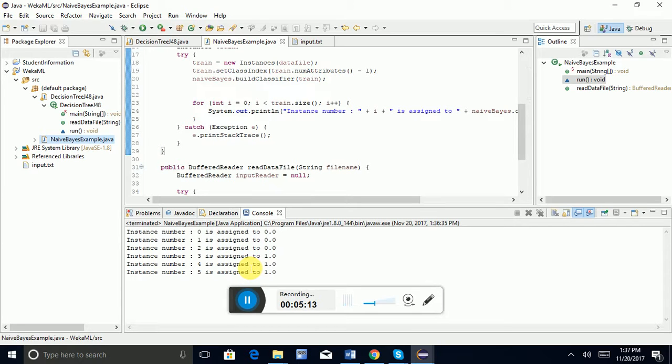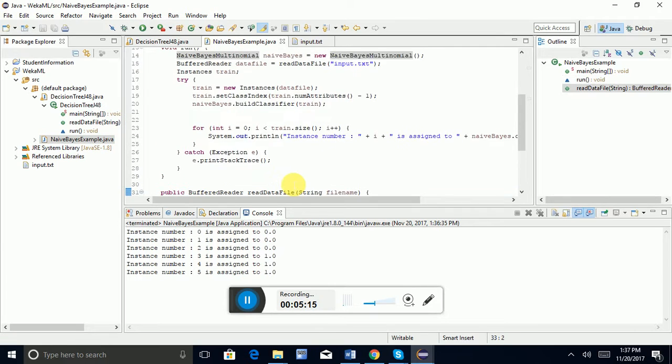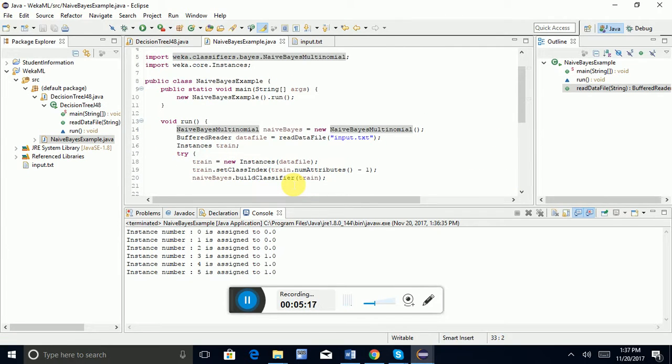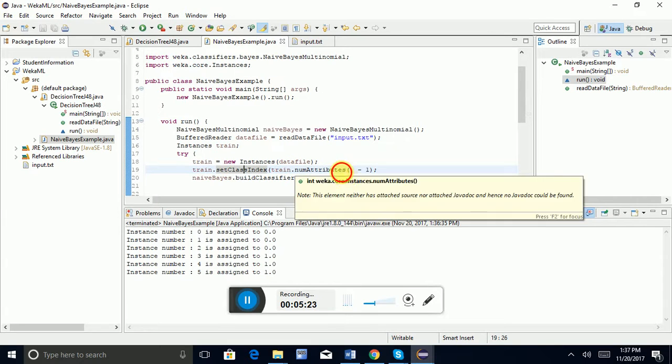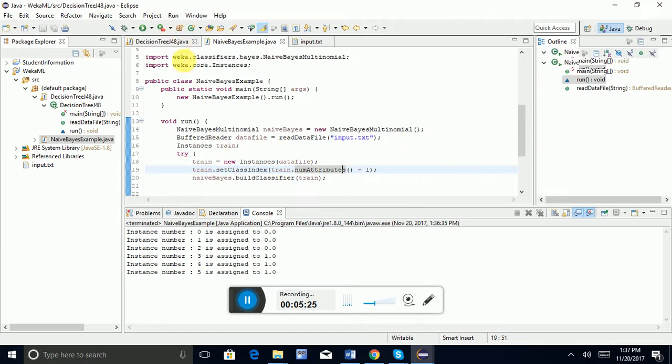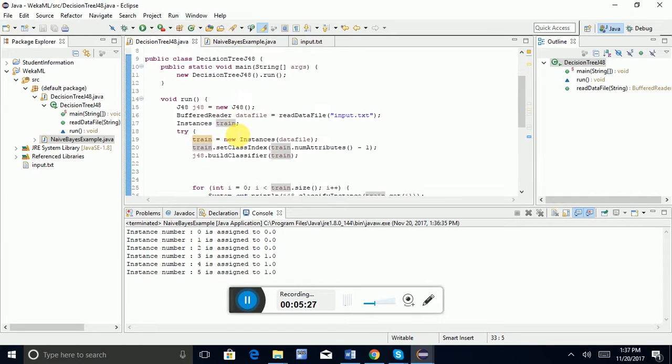Oh yes, I missed one point. To classify for both naive Bayes and decision tree, we need to eliminate the class label from the training model. Otherwise, our training model will be biased. Okay, so now